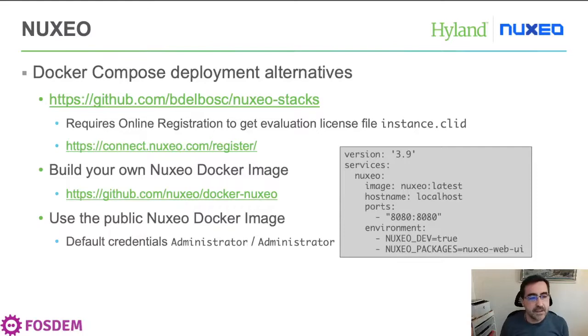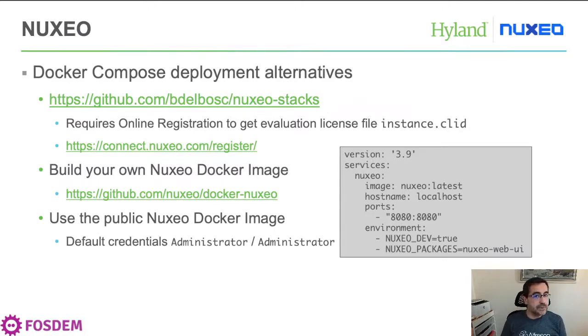So let's explore the different alternatives to install Nuxeo by using Docker Compose. In the same way, Nuxeo can be deployed by using some other methods we are going to review later, but we are going to focus on the Docker Compose deployment. So the first project we are going to review is this community contributed project, Nuxeo stacks, that requires some evaluation license, that instance CLID file that you can get from Nuxeo support. You can get this license in order to evaluate the product,